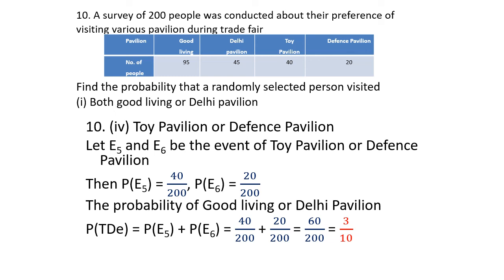So I have completed the sums on chapter number 5, chapter number 6 and chapter number 15, probability, which is going to be part of your exam. This is a very quick revision.